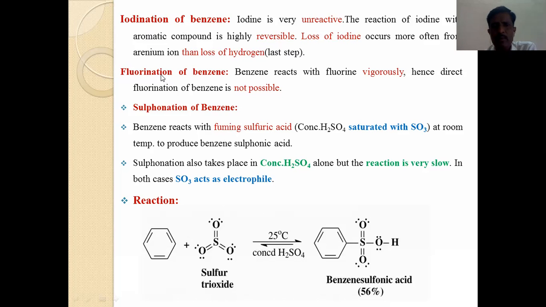So what about the fluorination of benzene? Fluorination of benzene is a very vigorous reaction. Heat is evolved during the fluorination reaction. So this reaction is vigorous, hence direct fluorination